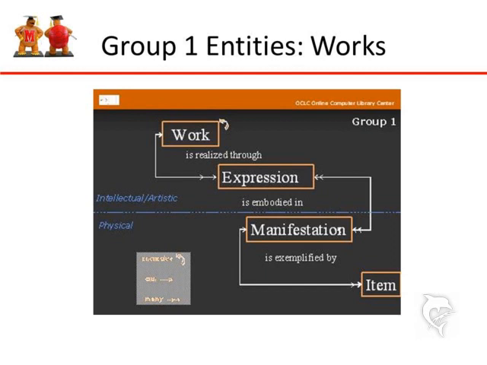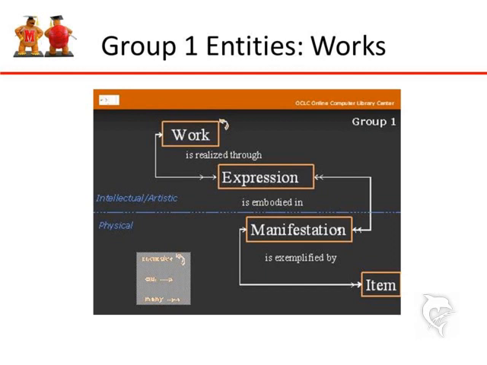So the relationships that are possible among Group 1 entities, and again, Group 1 entities are work, expression, manifestation, and item. It says here that a work is realized through an expression, is embodied in a manifestation, and a manifestation is exemplified by an item.